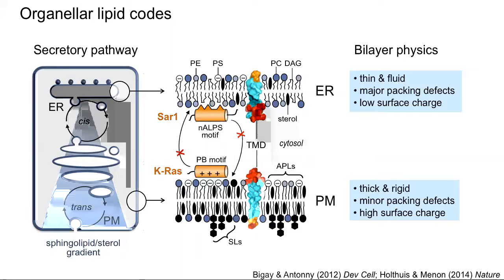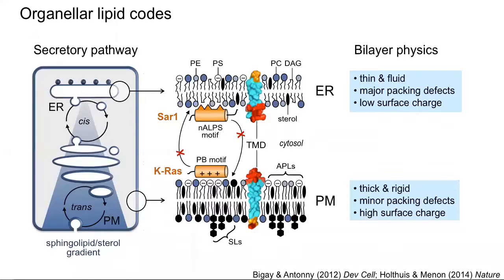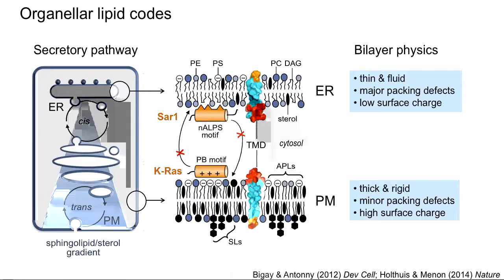And these contrasting physical properties are reflected in the length and the geometry of the membrane spans of ER and plasma membrane resident proteins, but they also permit an organelle-specific recruitment of peripheral membrane proteins, such as the small GTPases SAR1 and KRAS, with SAR1 controlling COPII vesicle formation at the ER, and KRAS controlling cell proliferation at the